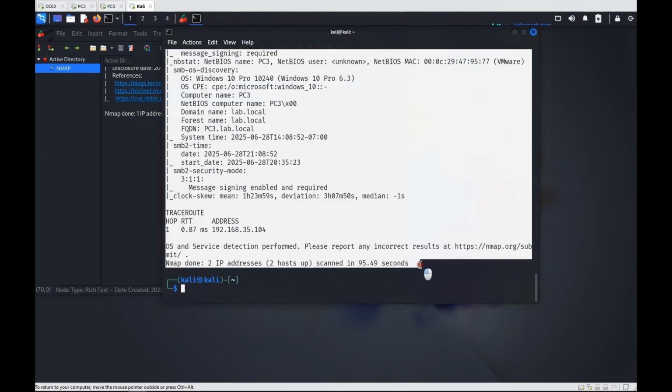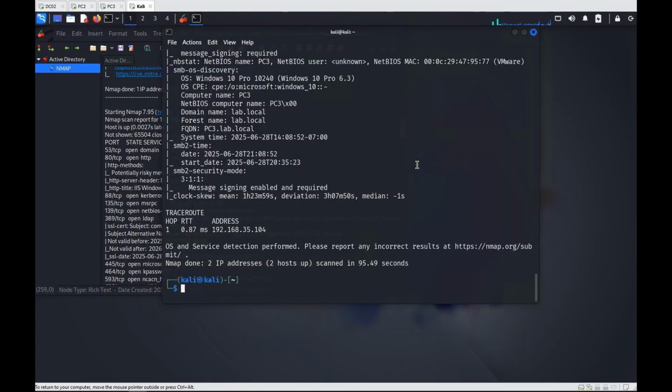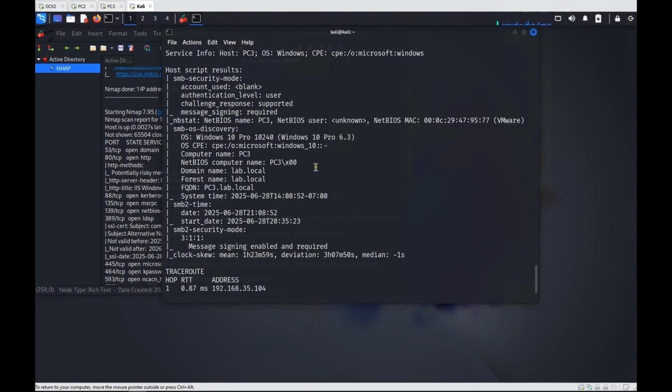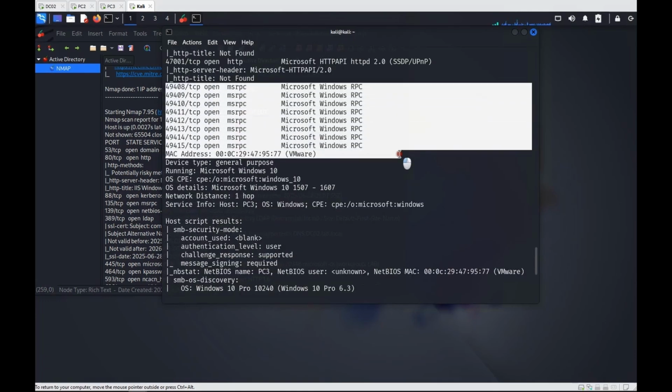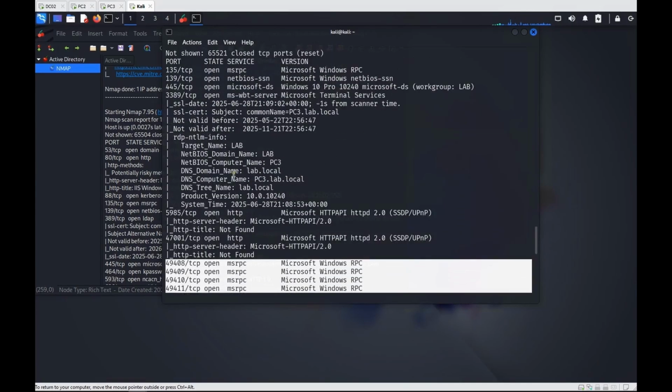We are using this as a reference. Paste here. The interesting part I want to show you is 102. Let's see what's here. This one, and if you see right here, there are multiple ports. We see the RPC and the